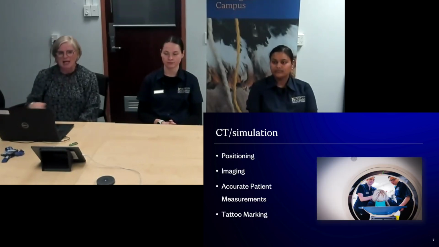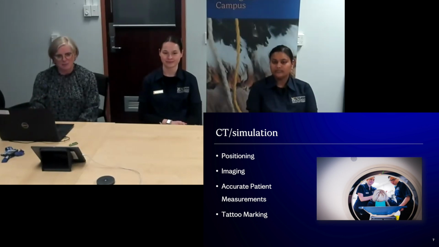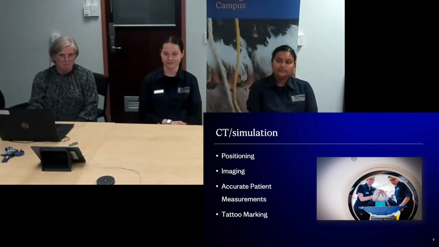So the CT part, although I said we're not diagnostic, we use CT scanners, but we're using it for the very particular purpose to locate the best way to position the patient. Positioning is everything for us. We're trying to work to millimetre accuracy. And so someone's position is really critical for how they're going to be treated. Some of our patients will come for up to 7 weeks of treatment, and we'll see them 5 days a week. So the position they're lying in has to be reproducible and able to be the same every day over and over. So we're really fussy